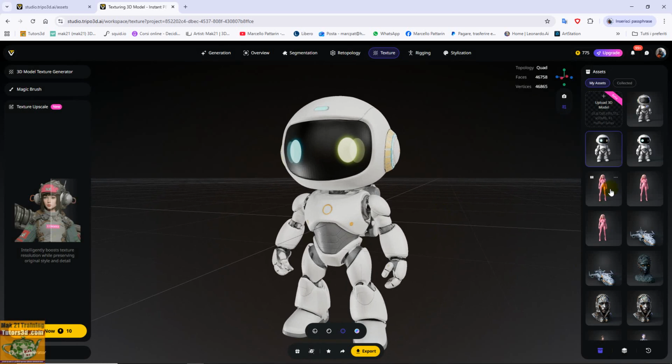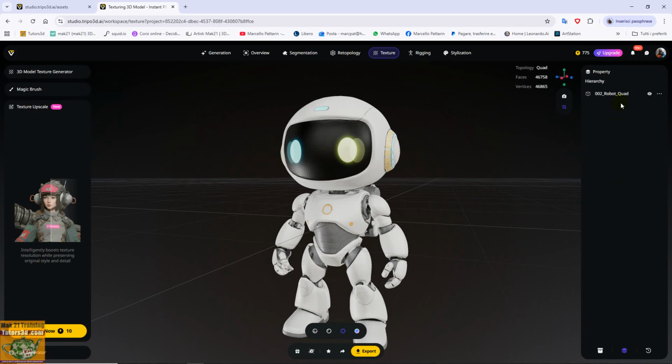In the properties you can do a cloning, things of this type can be done. Export to the properties, it calls it robot quad, in this case I will call it upscale quad robot, so I'll give it another name.